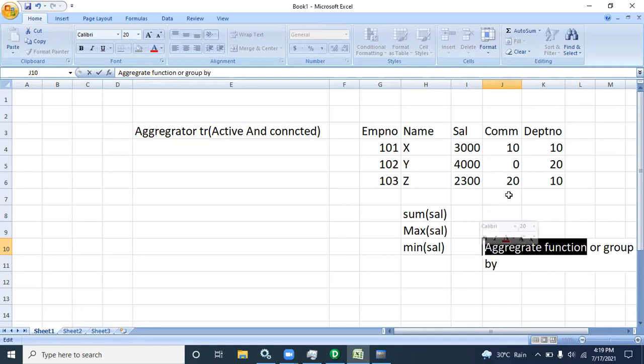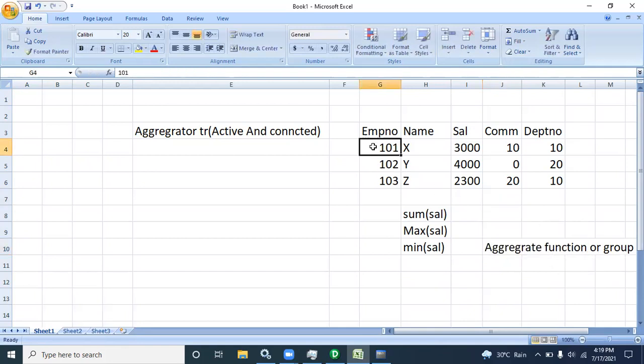Suppose I want to see which department has how many employees working, or how much salary each department spends. Suppose I have 2 employees in department 10, 101 and 103.